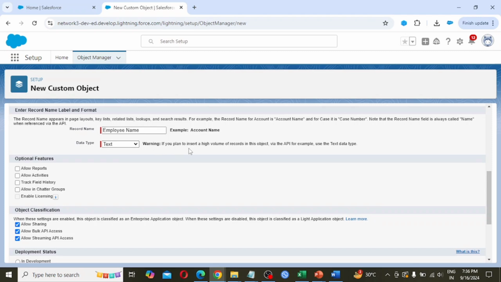If you plan to insert a high volume of records into the object via the API, for example, use the text data type. So here we are getting a warning that if we plan to insert a high volume of records, we have to go with text. Also we can go with auto number.